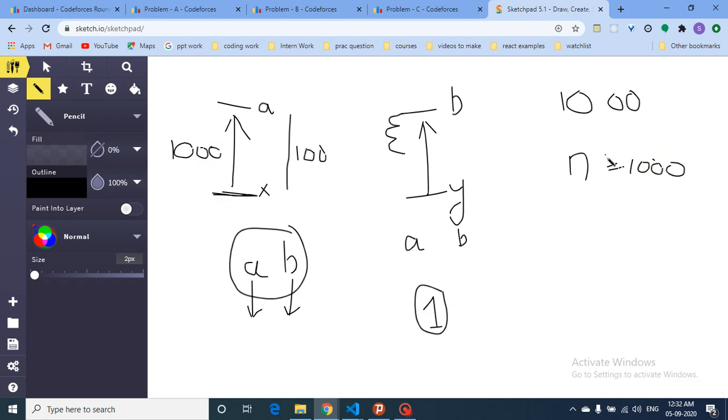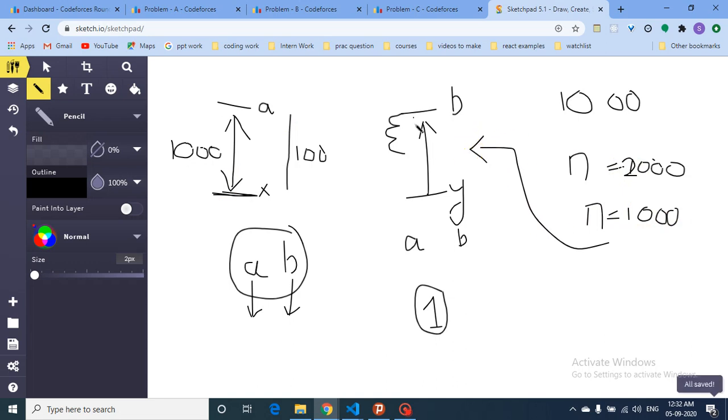The other case can be that a is equal to 1000 and b is, let's assume, equal to 2000. Because I am decreasing a to its extent, but a cannot go beyond this level, I can only decrease a by 1000, and after decreasing a by 1000, I have some n left. After doing this, n is left by 1000. Now I will use this 1000 to decrease b as much as possible.